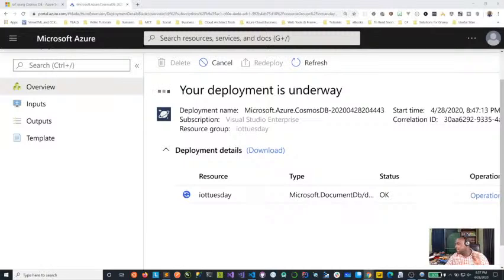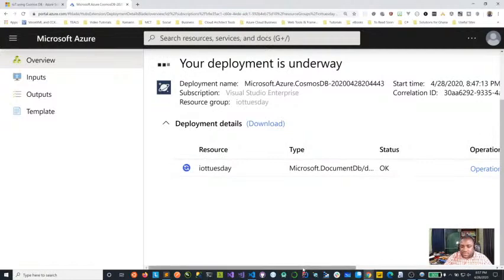This is strange. I don't think it's streaming. Hold on, let's check our stats. It's still running, right? Deployment is still underway. I think I have another Cosmos DB in there, but